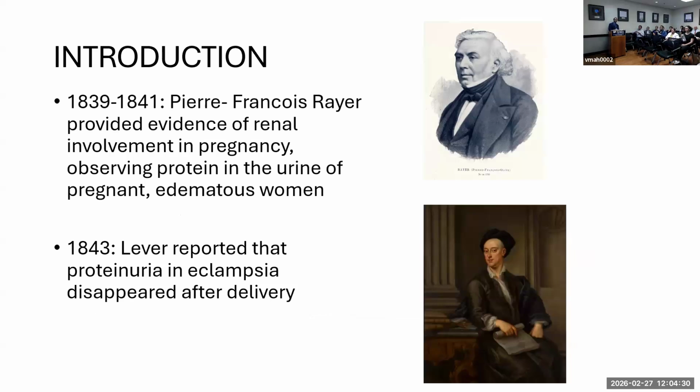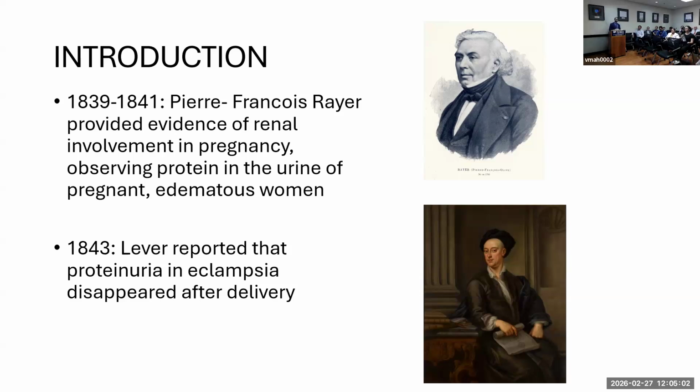By way of introduction, the first time that we find pregnancy and kidney disease being linked in the literature is way back between 1839 and 1841 by Dr. Pierre Francois Rayer, a French physician. Interestingly, he was actually a dermatologist and pathologist, and nephrology didn't come around until about 100 years after this. So he was the first one to provide evidence of renal involvement in pregnancy by observing protein in the urine